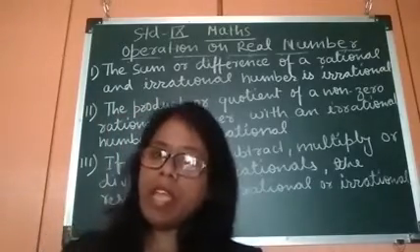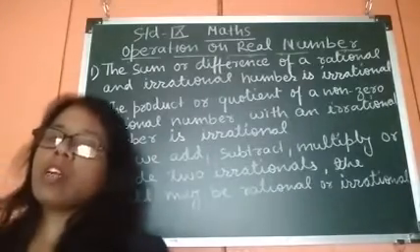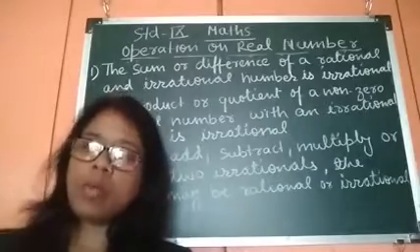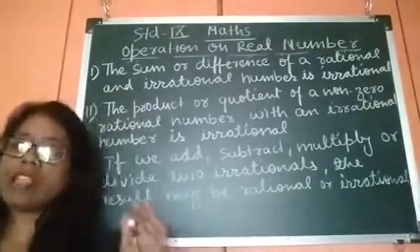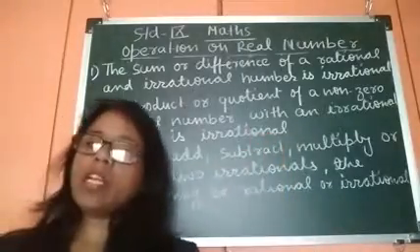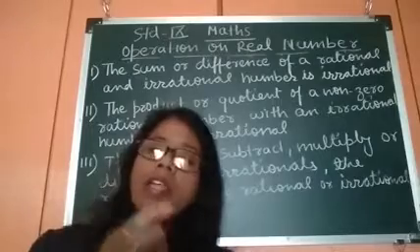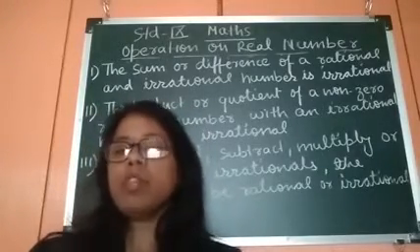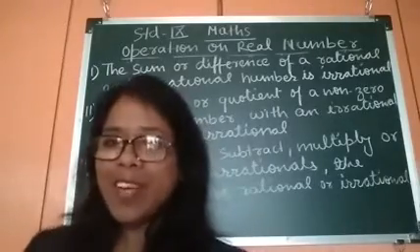Fine. So in this way we can say that irrational numbers are not closed with respect to all four operations, and rational numbers are closed with all four operations. Rational numbers follow the commutative law, associative law and distributive law, and irrational numbers also follow the commutative law, distributive law and associative law.